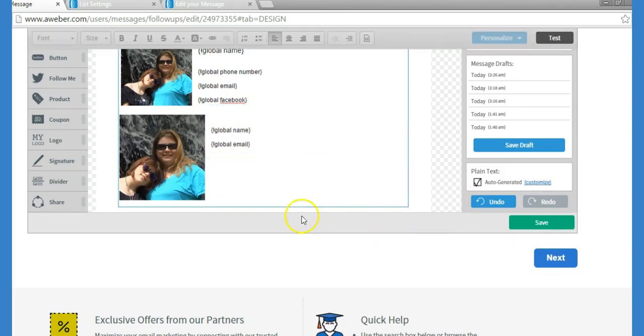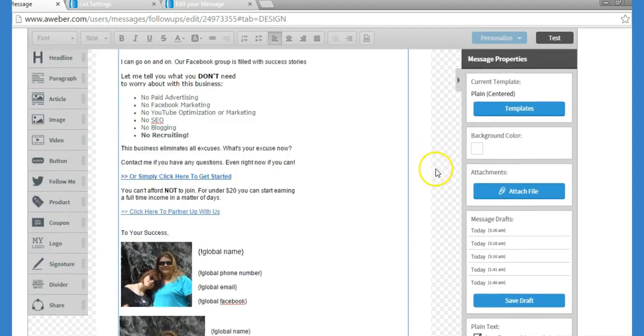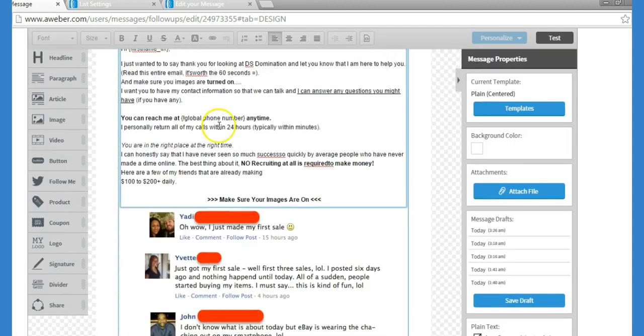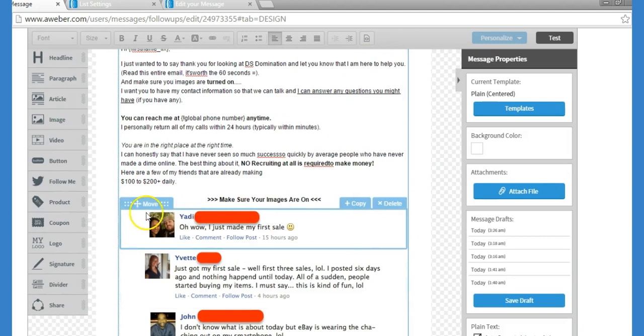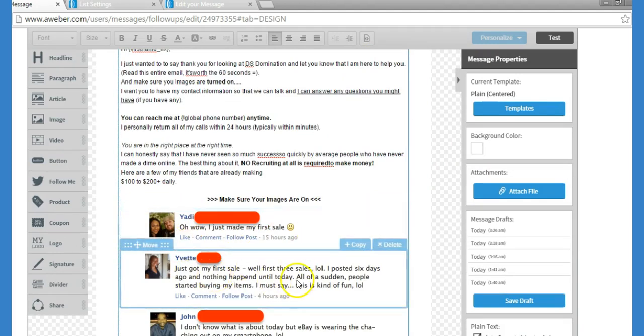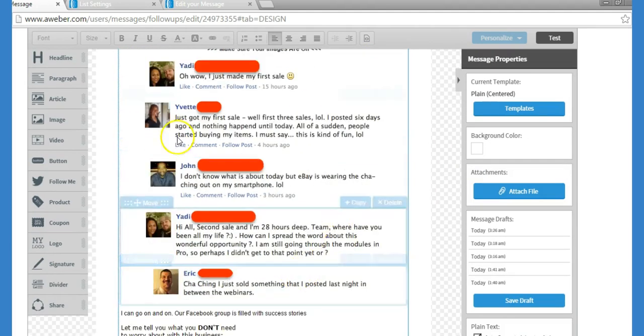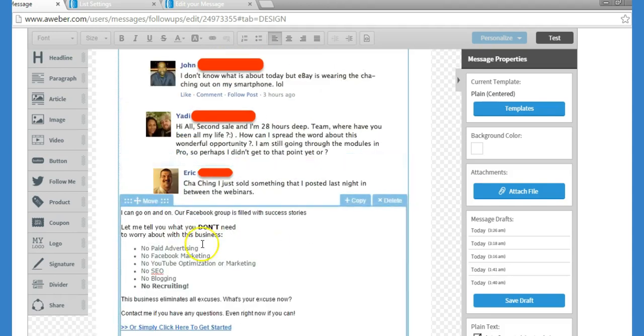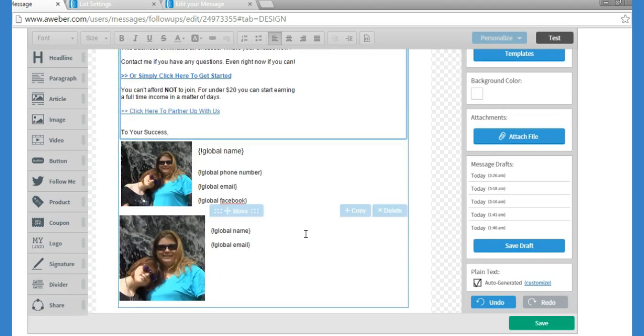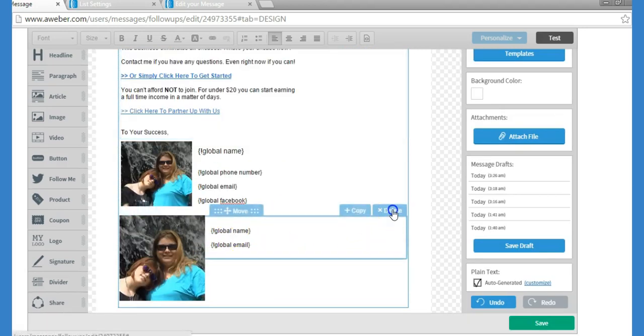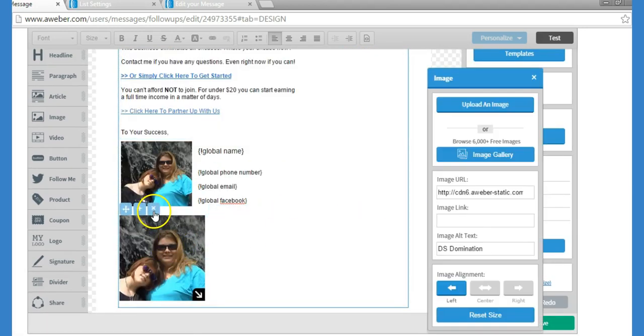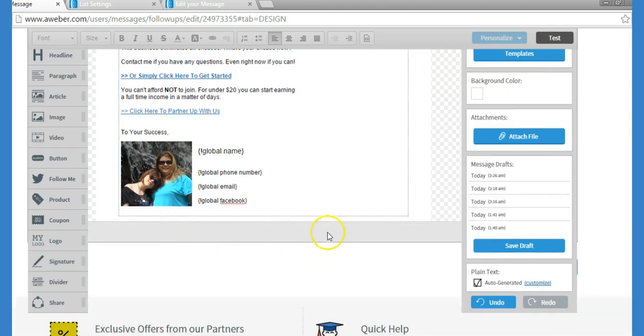Okay, so then this is how your email will look. Now, when we're playing around in here, you can see all these little sections. This creates the email. Don't worry, this is just so that you are able to create your email. Your prospects are not going to get this. Okay, so we're just going to click on delete here because I don't want this and I don't want this. All right,